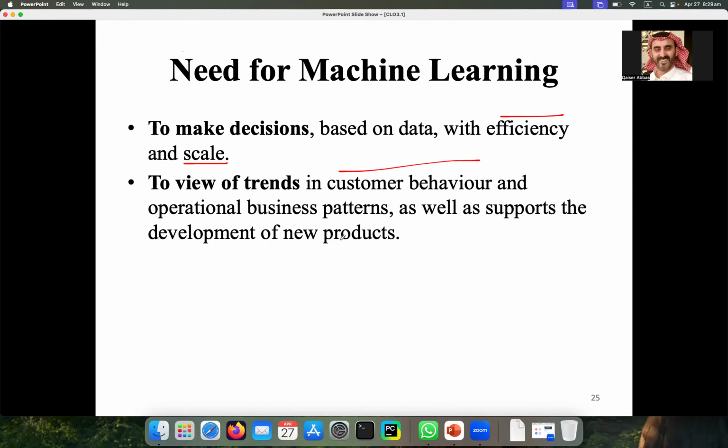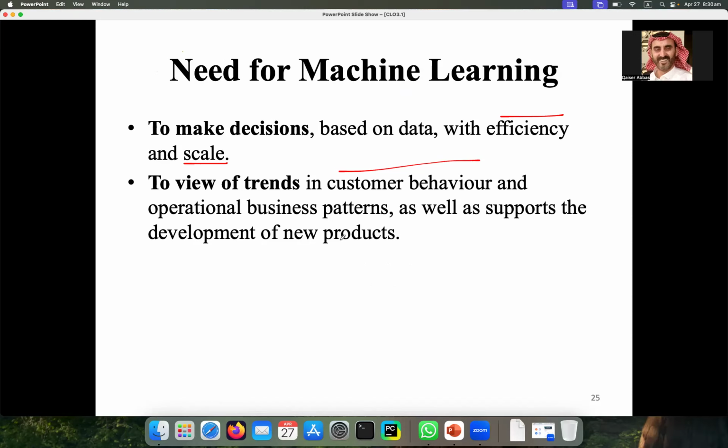Or similarly, if your business is running and you have the sales data, or you have the stock, which you can call inventory, and you want to study any kind of patterns from there, for example, maybe your business is going down and you want to identify the reason, and if you have that data, then you can see these trends and why your business is going down.